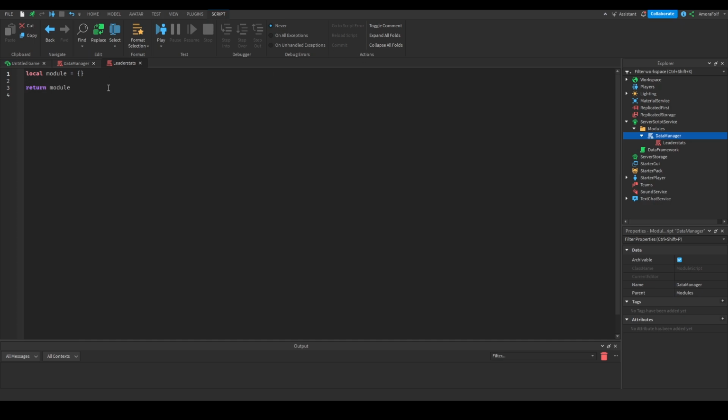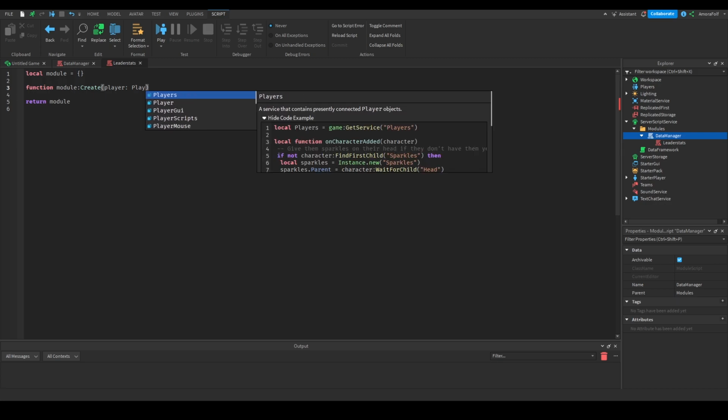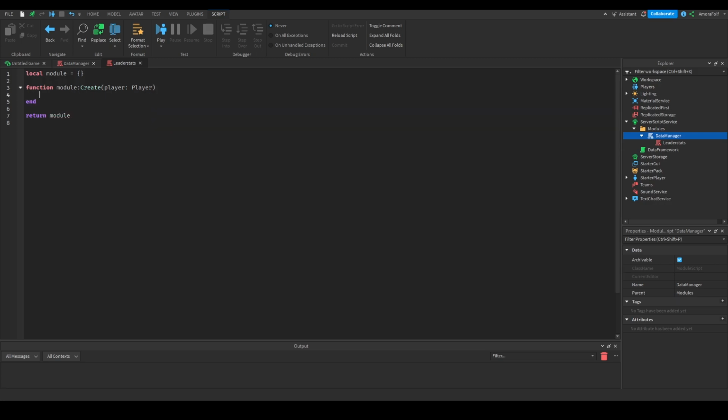As mentioned, I'm going to edit the leader stats module first. It's going to be a very small and simple module. Between the local module and return module, I'm going to write a function, and we're going to do it like this. Function module colon create, and in these parentheses, we're going to put player colon Player, to declare it as a player object, so we can access a player object's properties. And then we're going to create a folder called leader stats, so local leaderstats equals Instance.new Folder, leaderstats.Name equals leaderstats,